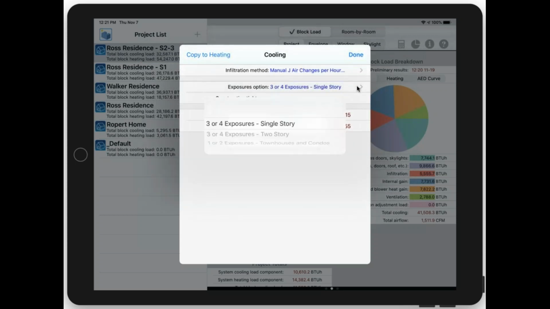What you do here is select the number of exposures that your building has and what type. Is it a single-story home, two-story home, 3 or 4 exposures, or is it a townhouse? Just select the type of house that this best describes. And then the construction tightness we selected before. Based upon these two parameters, it will automatically calculate your air changes per hour and then your CFM, 152